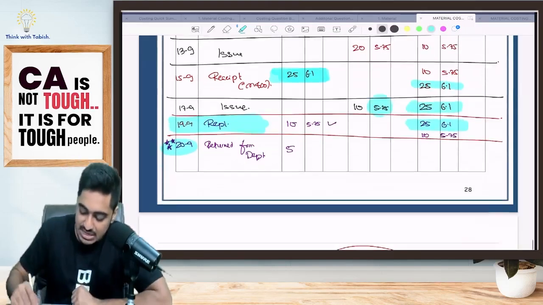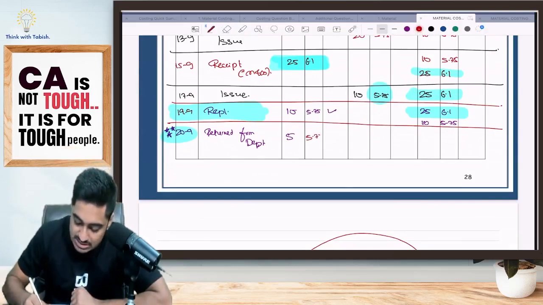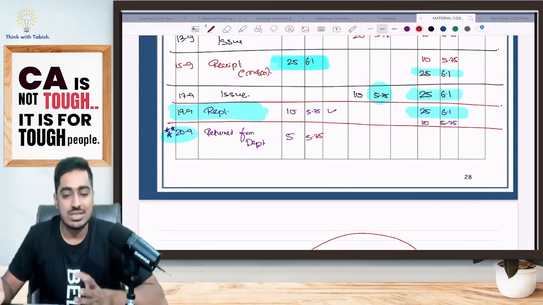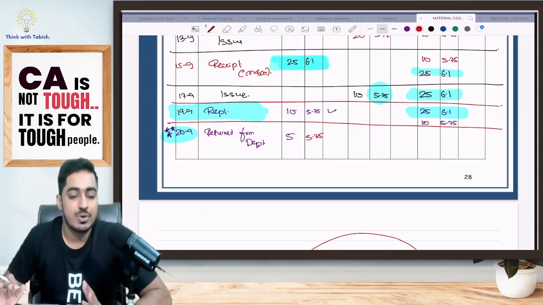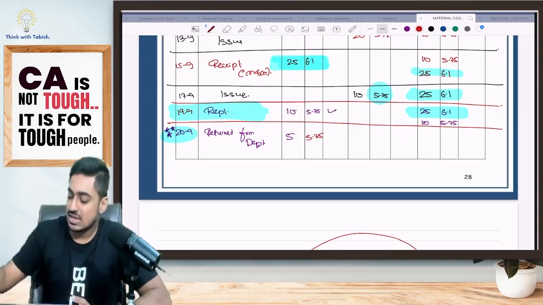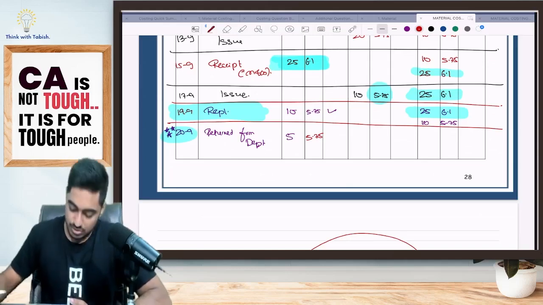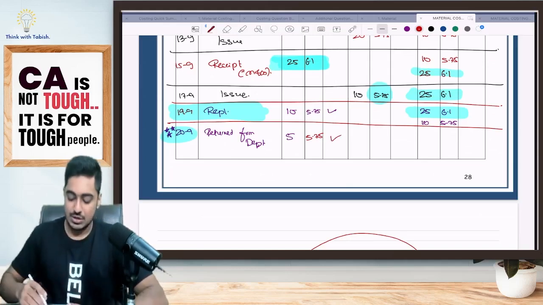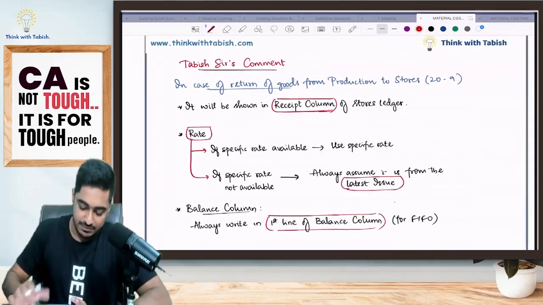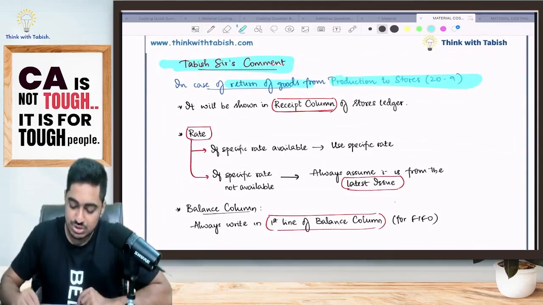That means if the production department is returning goods, which rate goods are these? These are goods of 5.75. Is this clear, everyone? Now logically I can just write the rates and leave it, but to explain why it is exactly the way it is, it will take time. Please give me a confirmation so that we can proceed further, students. Yes or no? Till here is it clear? Okay, so I'll be getting the value. Now pay attention. I have written here, the comment also is written: in case of return of goods from production to stores, 20th September.